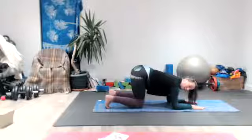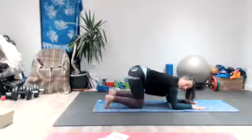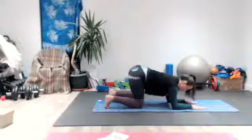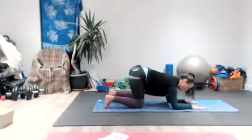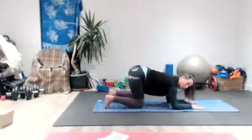Close your mouth and nose, pause. Open your ribs for 10, 9, 8, 7, 6, 5, 4, 3, 2, 1. Inhale here. Now, if you're wanting a bit more of a challenge for your shoulders, I'm going to show you